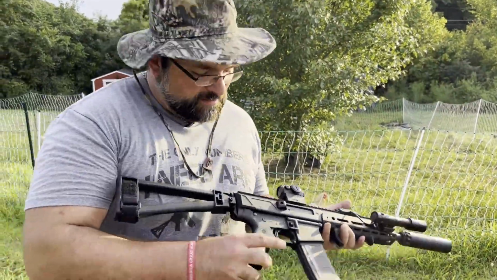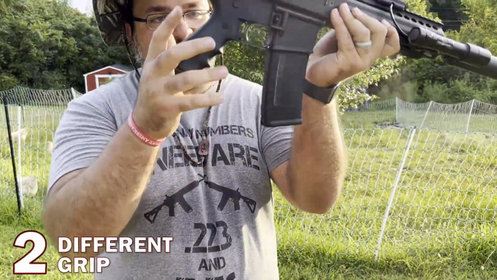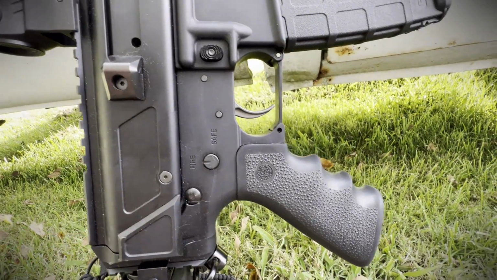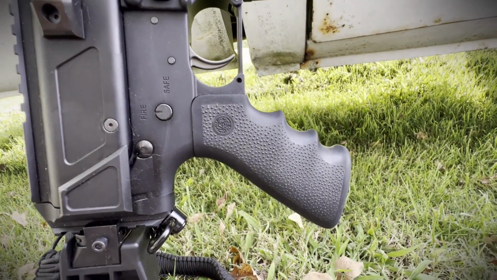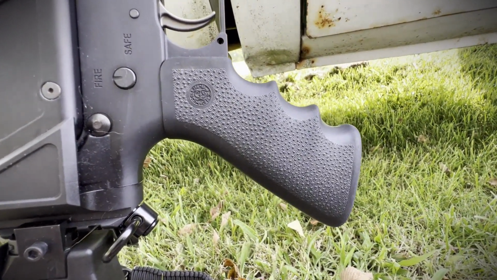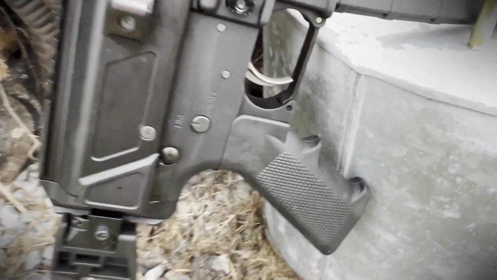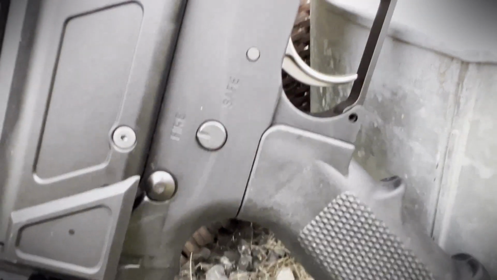Number 2 is going to have to be to get a different actual grip here, different pistol grip. We have chosen one of the Hogue rubberized grips, very nice, but of course you can go with anything from Magpul or any other company. I will say this, that the grip that the PSA Jakl comes with is just your standard basic A2 grip, where it's got that ugly huge triangular notch right there between your fingers,